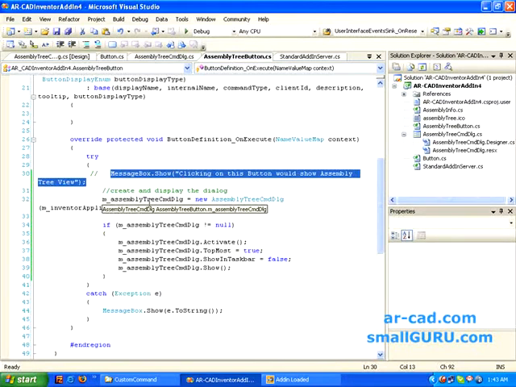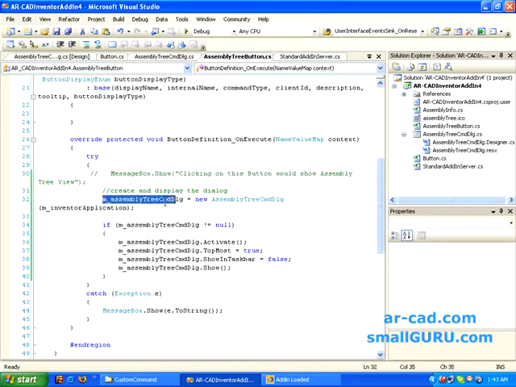In this we go a step forward, and we create and display the dialog. Whatever variable we had declared earlier at the top, we are assigning a new instance of assembly tree command dialog, and we are passing our Inventor application object to it.